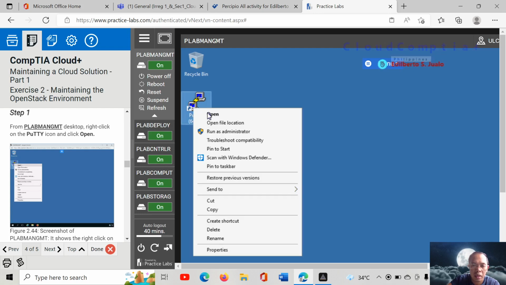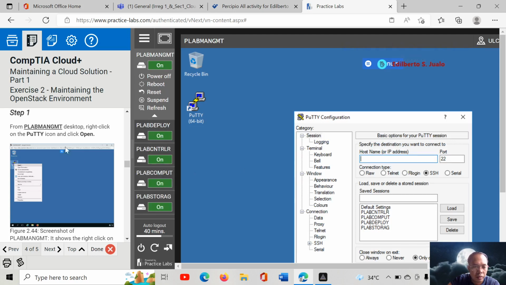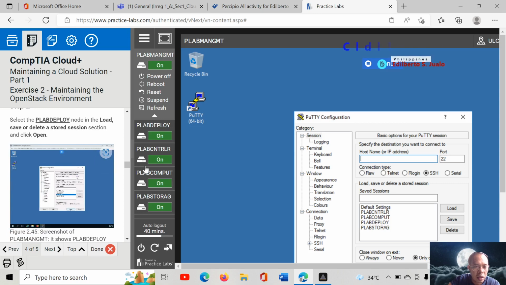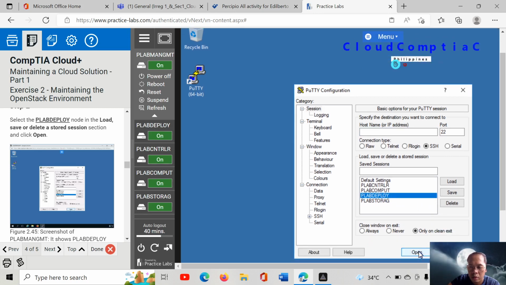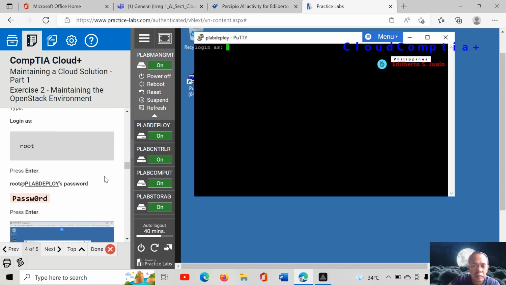Okay, click and open, and then we select deploy and then open. Root, password,